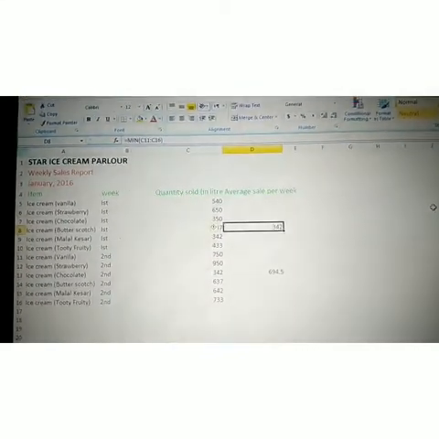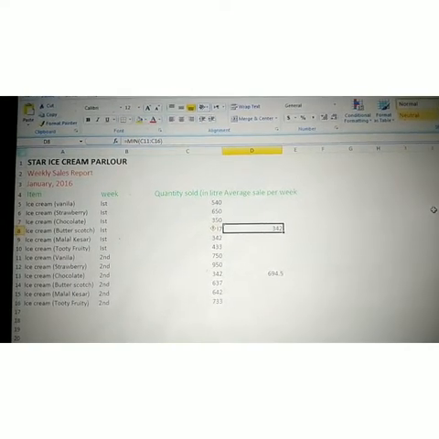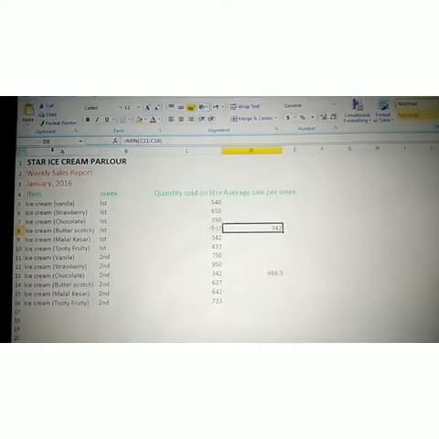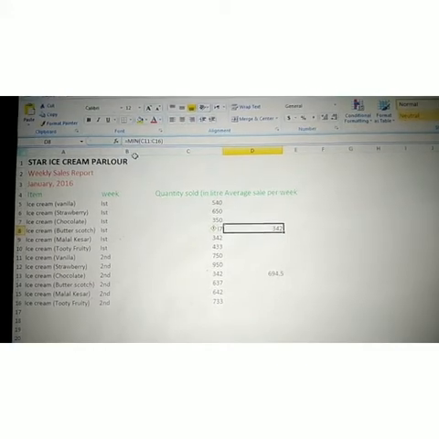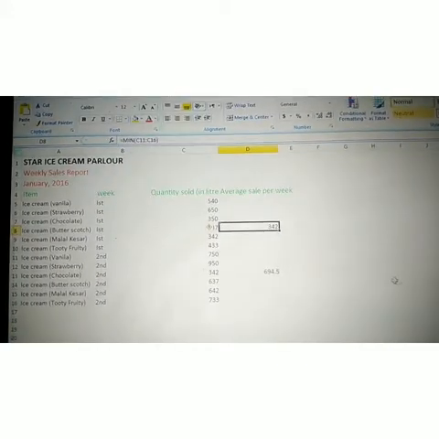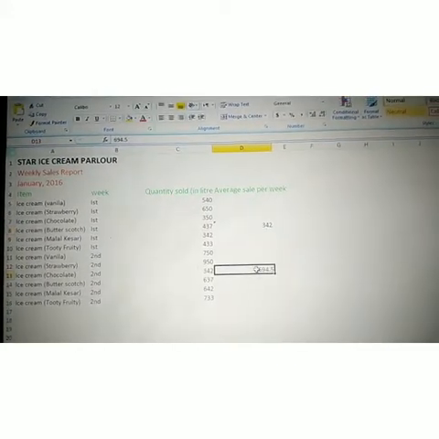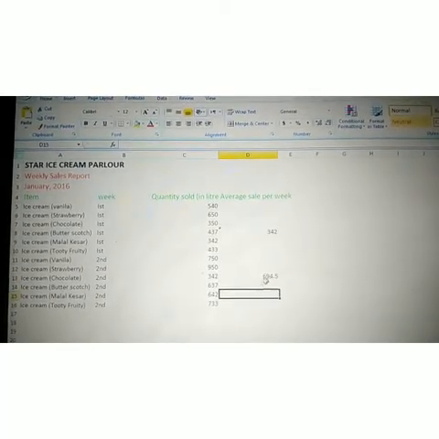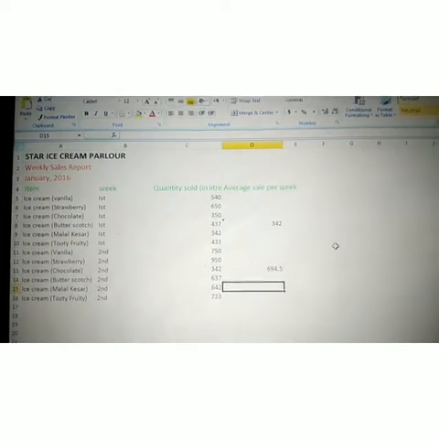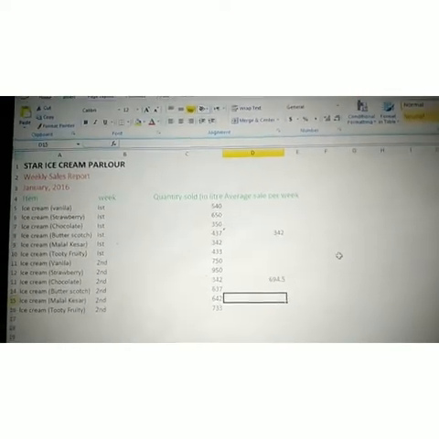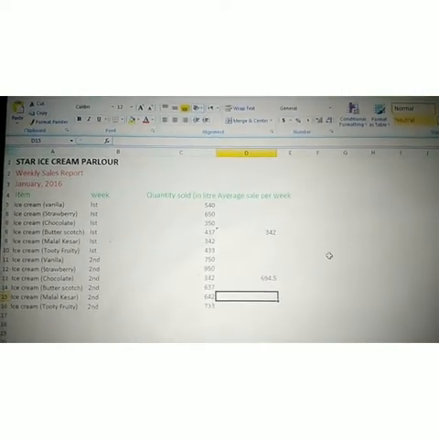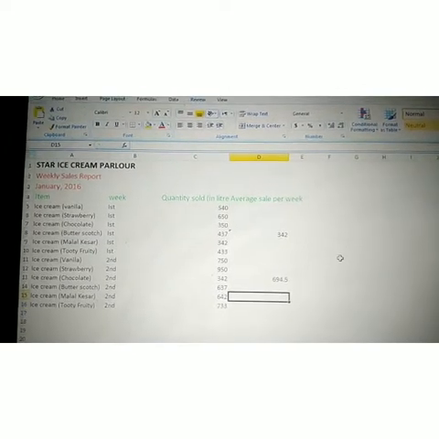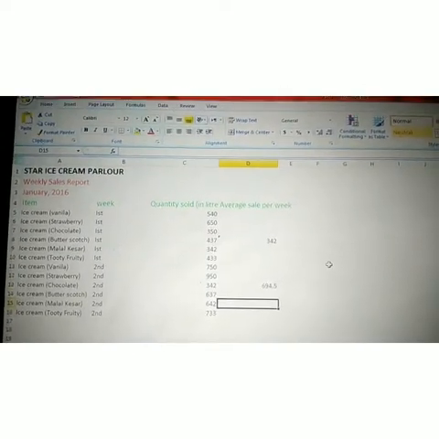The formula will be the same as it is. We put the min function formula the same way, and then we can find the average function. We can maintain our average function properly in the Excel sheet, the same as it is. You can maintain it properly in MS Excel.